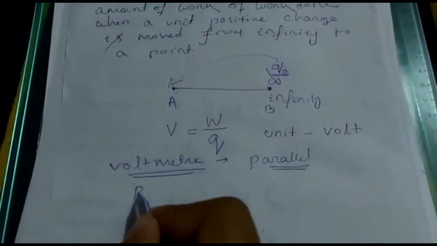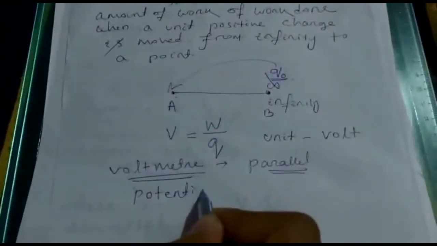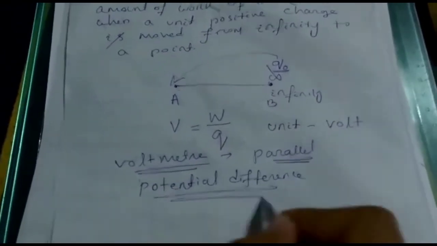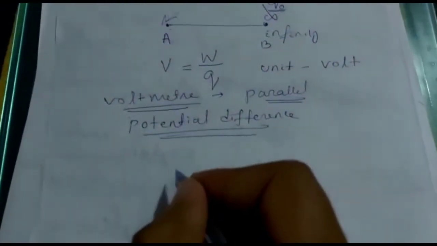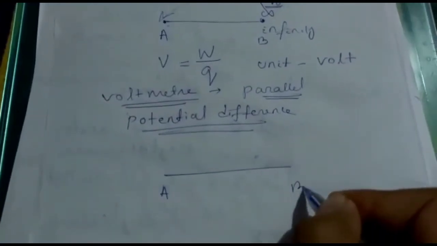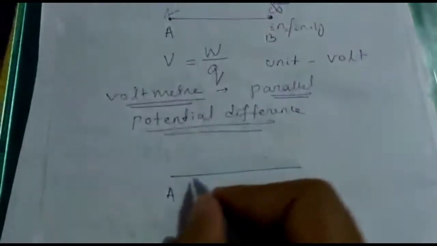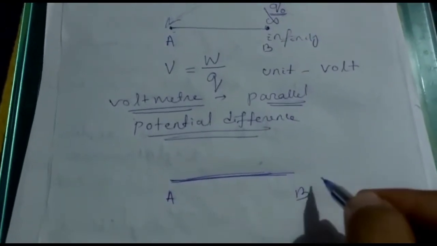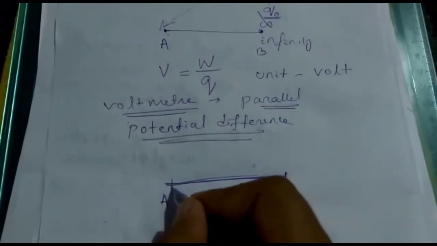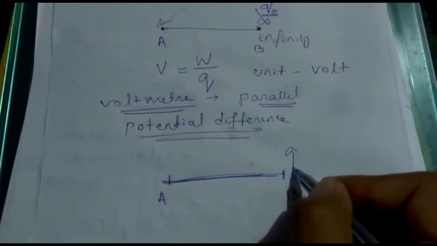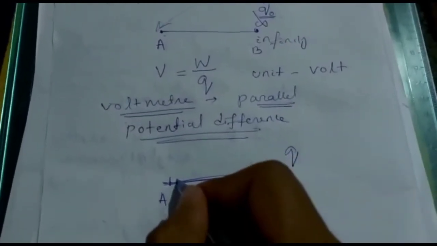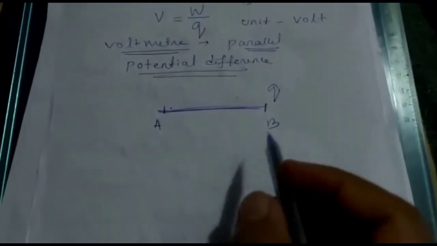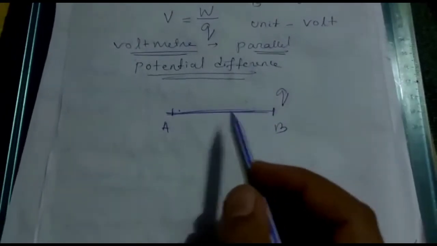Now what is potential difference? Potential difference means, suppose one point is there A and B, okay, and the distance between A and B is not infinite or not infinity, it is finite distance. Okay. If you want to move a charge Q from B point to A point, you need some work done. Now the amount of work done is known as the potential difference.